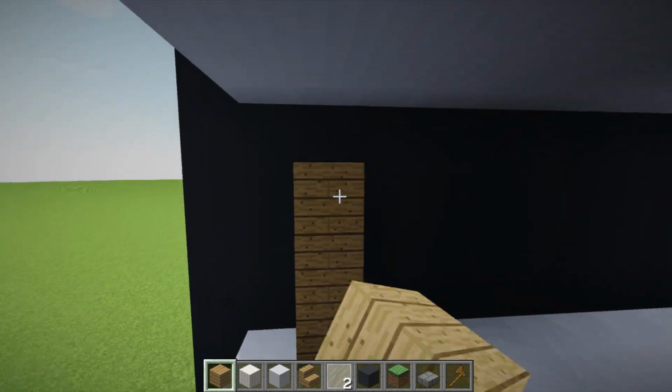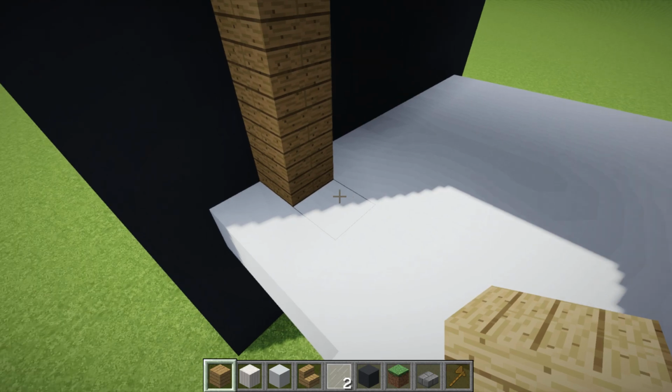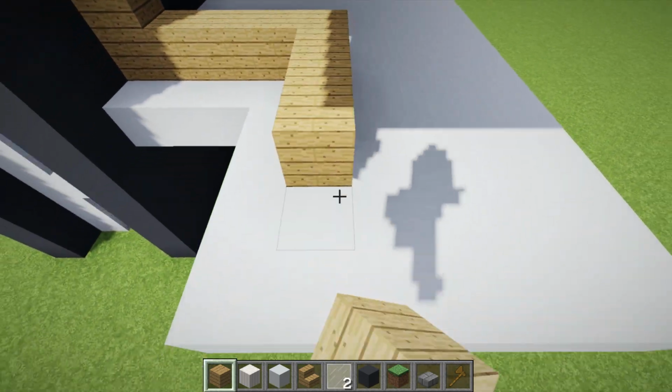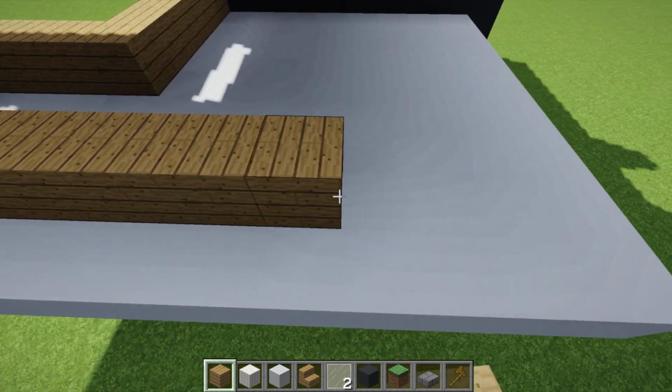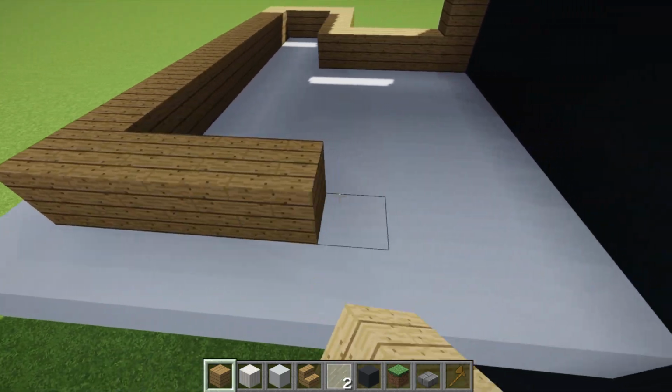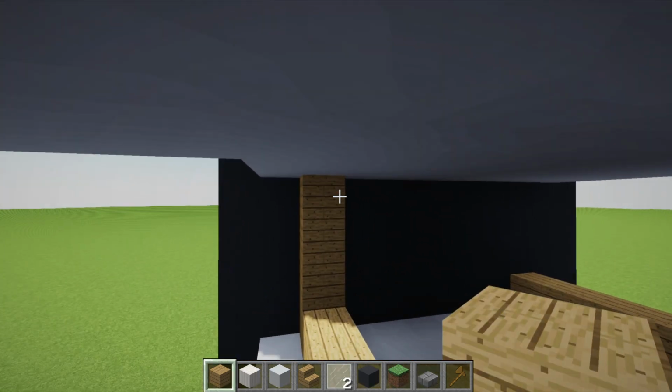we're going to build up 1, 2, 3, 4. Then we're going to go around the top of the house and around the bottom edge, and we're just going to go all the way around like this. And we're going to go in and out. So we're going to go all the way around the design, just on a 1 block incline with our wood, just like that. And then what we're going to do is the same along the top,